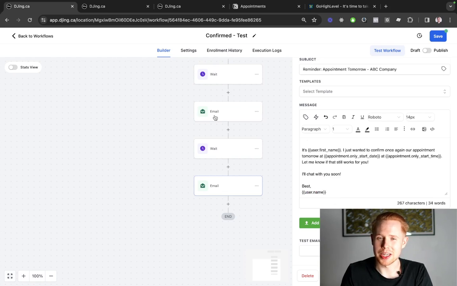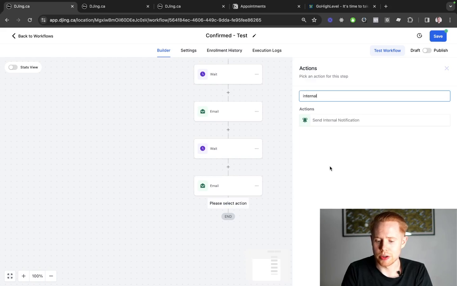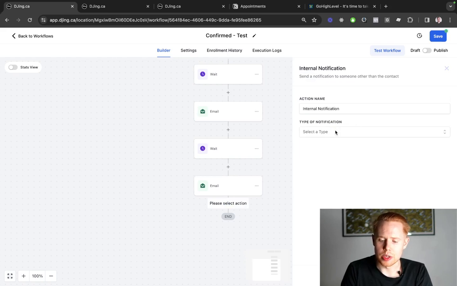I mean, they can just go back to the first email and cancel, but at least if they're going to cancel, I want them to reply to me just to give that extra friction point to minimize the amount of people that are flaking. And then I'll chat with you soon. Best, first name. Okay. And I also like to send internal notifications to myself as well, which is super nice